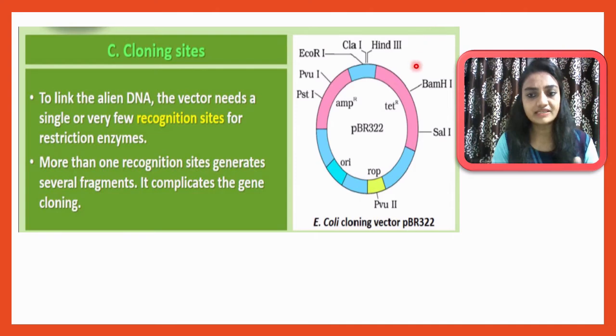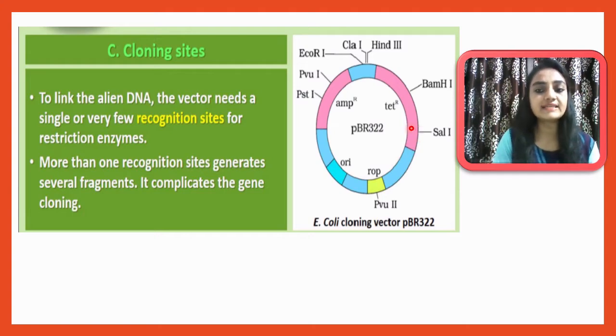So let me explain more using this diagram. This is the diagram of pBR322. Here you can see on pBR322, BamHI, that is a restriction endonuclease enzyme. Suppose I am using that. The recognition site for BamHI is present over here. Only then will it work. Otherwise BamHI cannot work on this. Second, you can see here SalI. The site for that restriction enzyme is present over here.